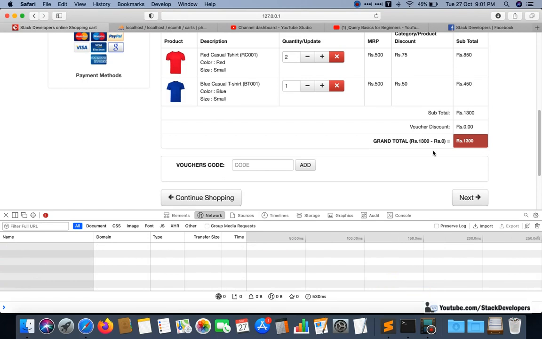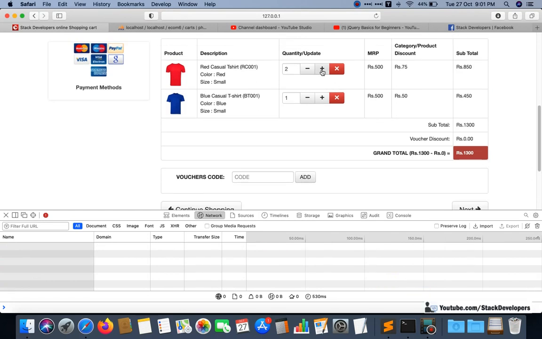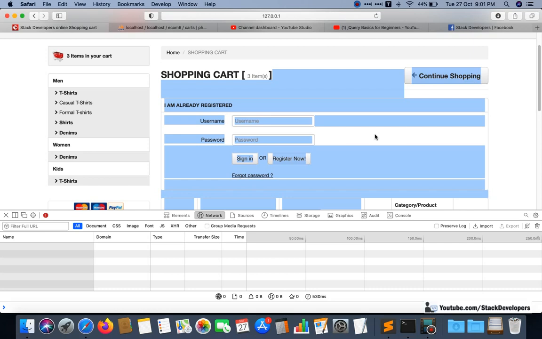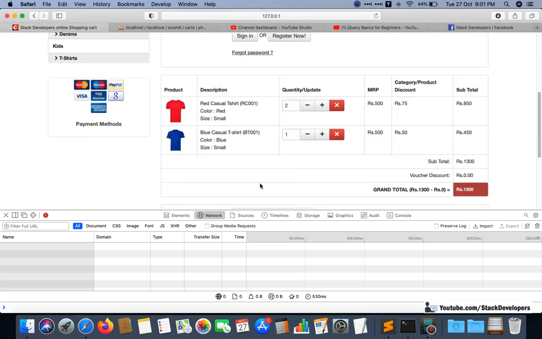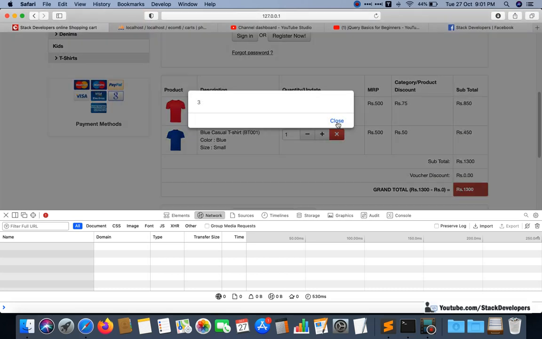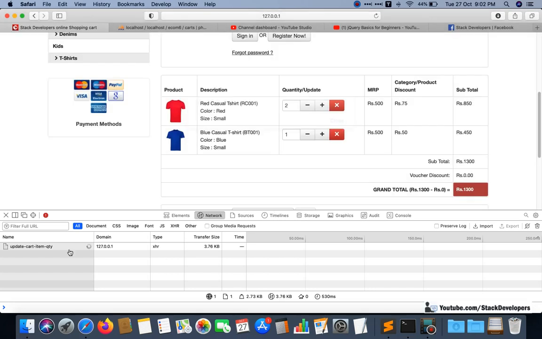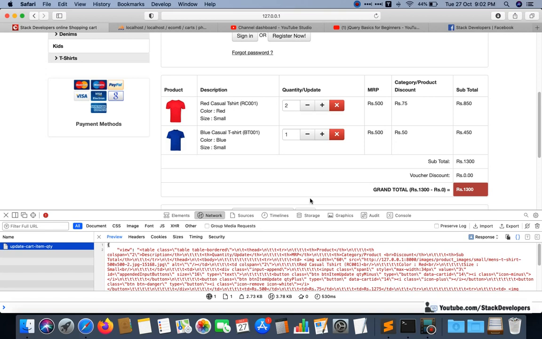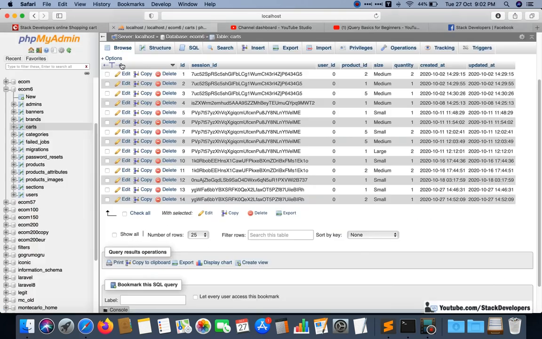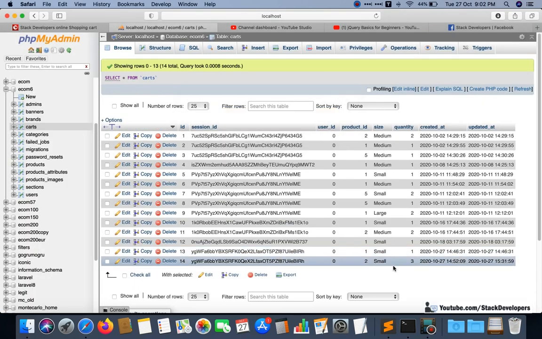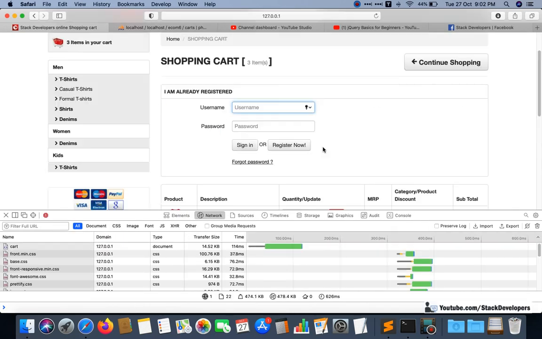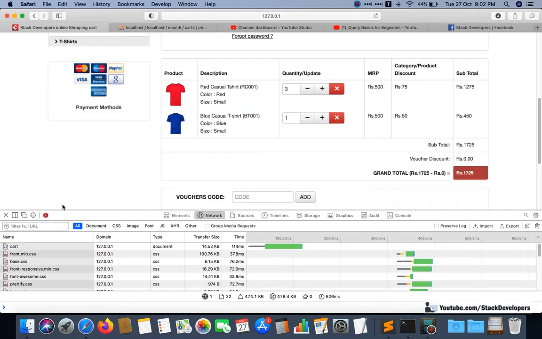So now we can try once again, and I will click on plus now, and see once again. So 3 is working, 14 is working, object. Okay, so it is going. So the view we will correct, and here refresh, and you can see the update has come up here. Okay, quantity is now 3 for this card item. Okay, so now we can refresh and we can find this one, the quantity has been updated.